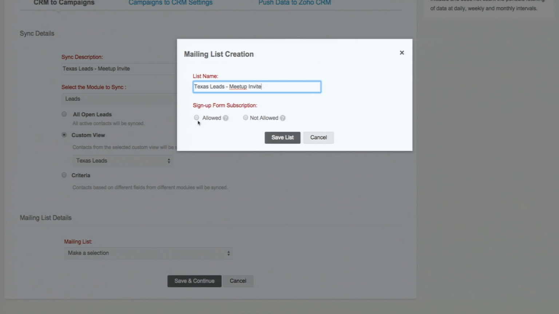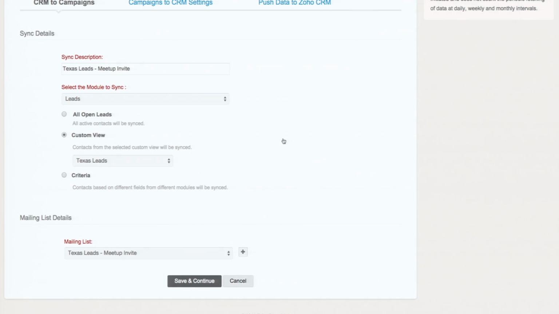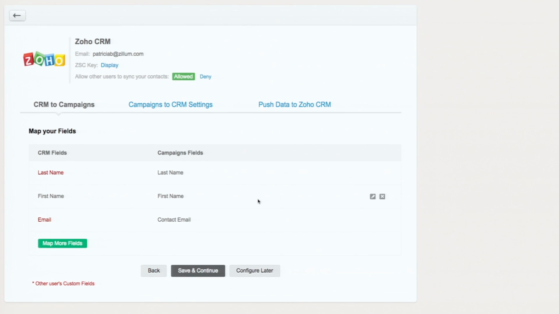Now, the sign-up form option. I did go through this on day one. This is just to allow any website visitors who come to your homepage, your blog, your social media page, anywhere you've created a sign-up form for them to join your mailing list, you'll want to select this option. However, if you know it's going to be a closed list, in this case it's a closed list, I'm not going to have that option. So just click Save,